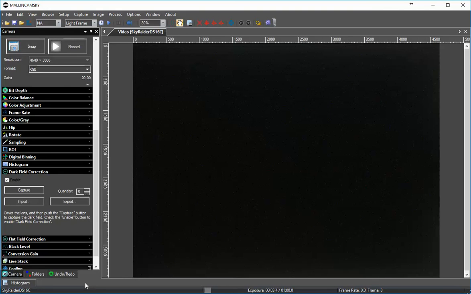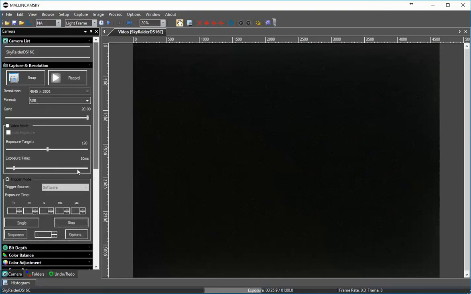As you can see, the 30-second dark is not a perfect match to the 60-second light. If I was going to use 60-second exposures all the time, I would have taken a 60-second dark. But let me go back, shut this down, go to